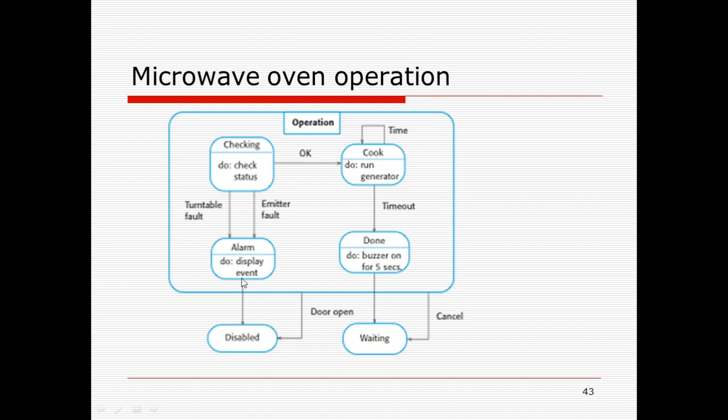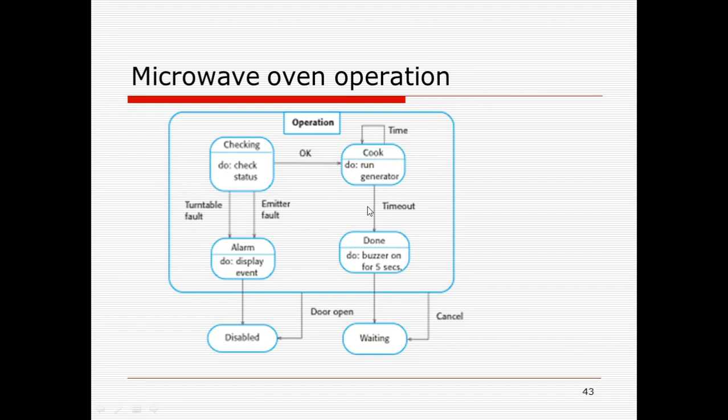So here you can see this checking state. It displays the check status. Okay, and with the event turntable fault, it goes to the alarm state. Similarly, from the checking state, with the emitter fault, it goes to the alarm state. Similarly, if the event is okay, then it goes to the cook state from the checking state,